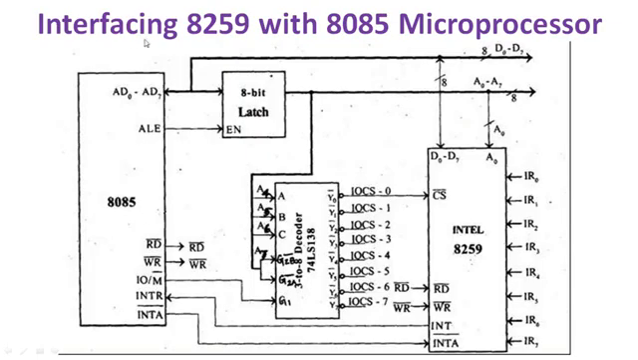Next thing is interfacing 8259 with 8085 microprocessor. So this is the interfacing diagram of 8259 with 8085 microprocessor. So here we can interface it using IO mapped IO mode, because here we are using A4, A5, A6 lines to select this 8259 chip. So here we are using Y0 line to select this 8259. That means whenever